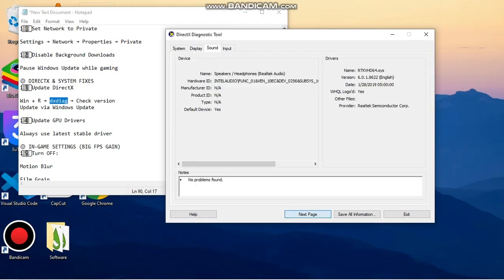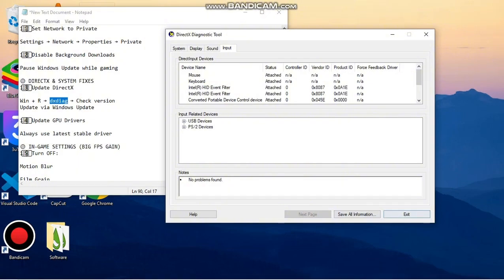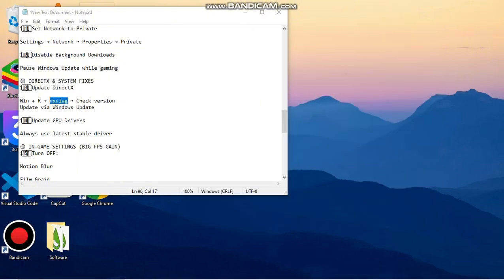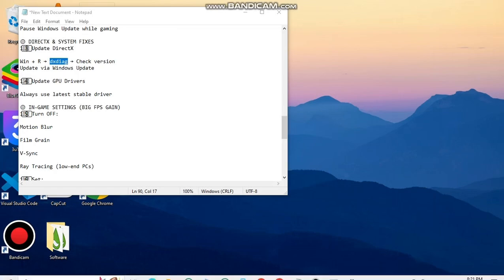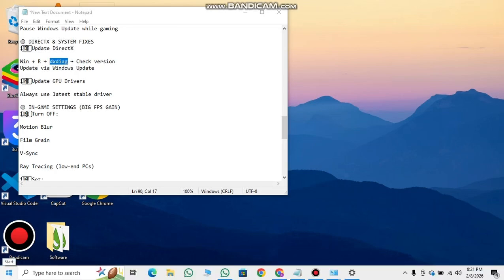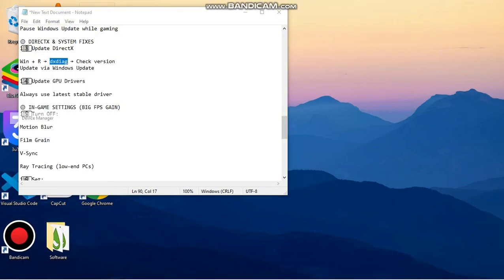So after you go to the next page, check that everything is okay. Just go with exit. So the 14th is update your GPU drivers. So we don't know where you can find that. Simply go to the Windows section and right click and go to device manager,